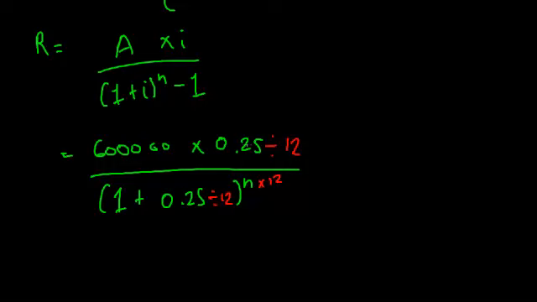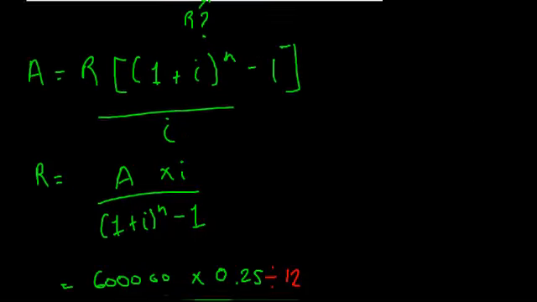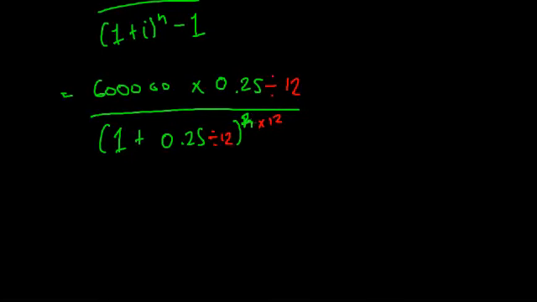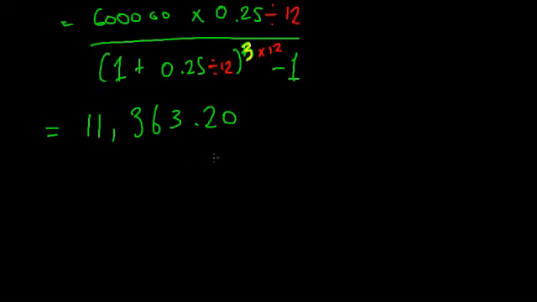And n is equal to, as we said here, 3 years. So 3. And minus 1. Once you do this, the answer will come out to be 11,363.20. So assuming we can make this much in a month,